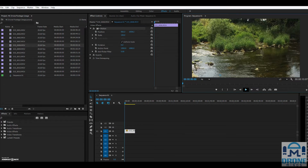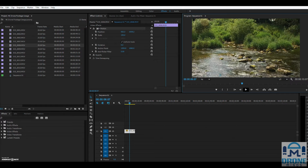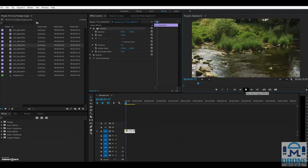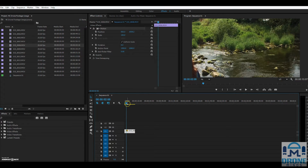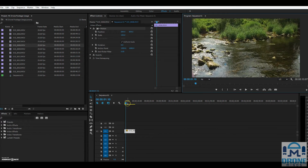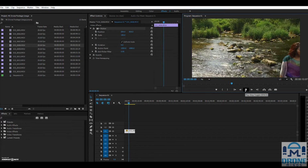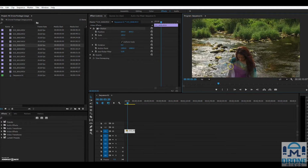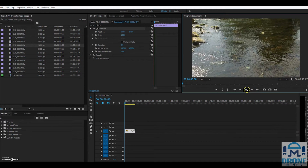Okay, so here's another section of clip. Again, this is the 1080p center of a 4K frame. Panning past her or tracking past her like that. I'll show you again. So just like before, if I wanted to, because she's not quite all there in the frame, I could just move the frame up a bit so you can see her better. Even a bit more. In fact, if I put her in the frame so I can see her properly, you can see she's actually standing up. So I can pan past her